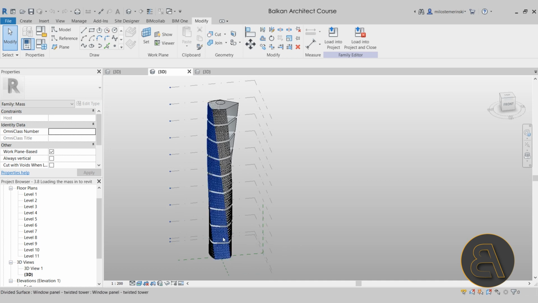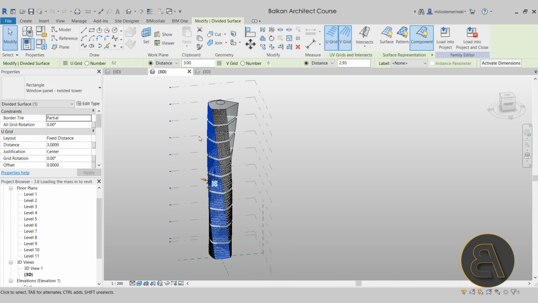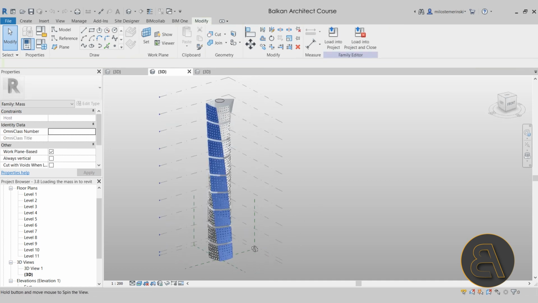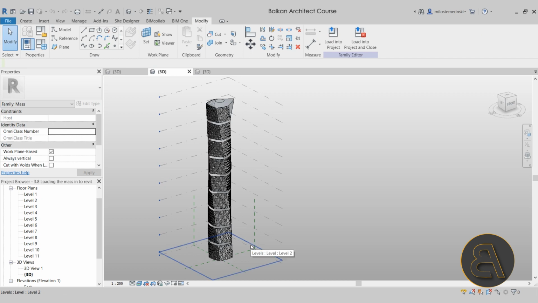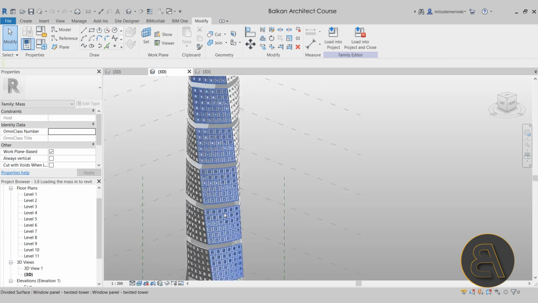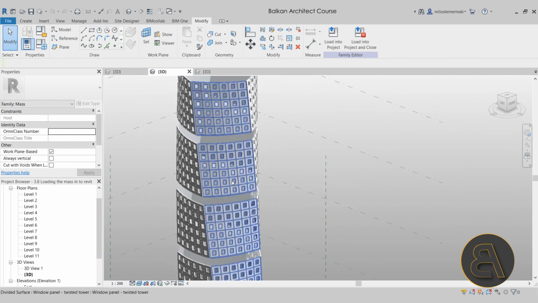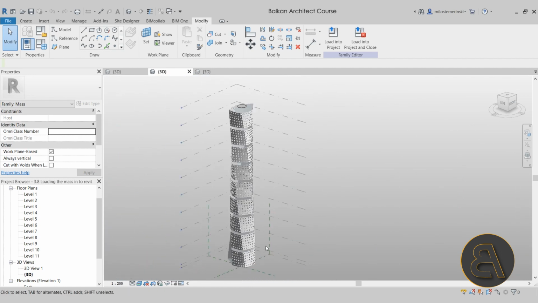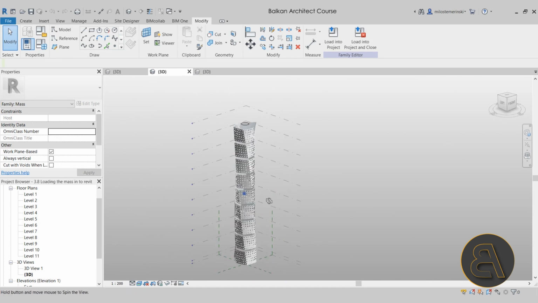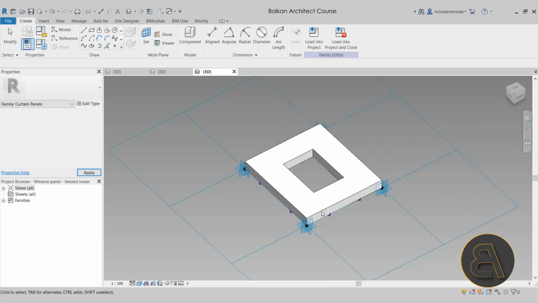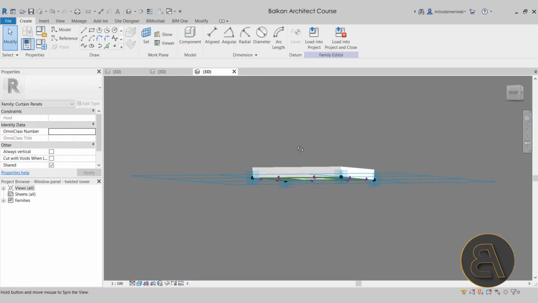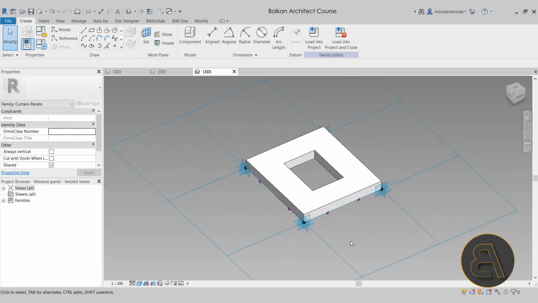Now, once that is covered, the next step is to create this divided surface. So I explained how divided surfaces work and how they can be applied on a building such as this one, and then we create this facade. The idea behind this facade is to have something that can be quickly applied over a large surface and include all of the necessary windows, and for that we have to create a panel, which is this panel over here, which does look simple at first,